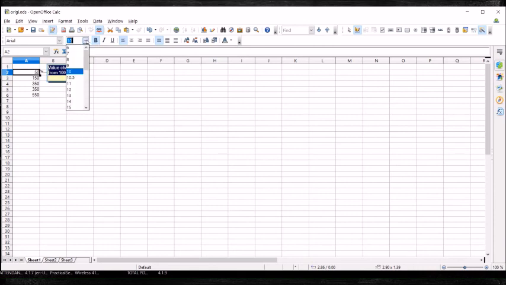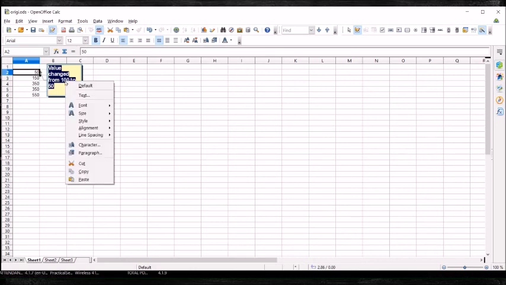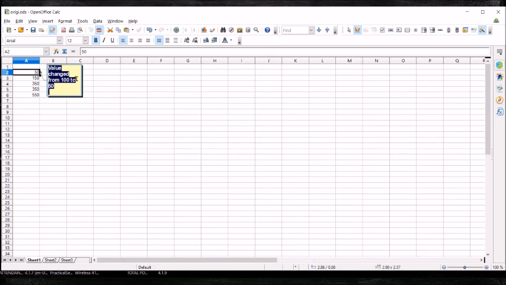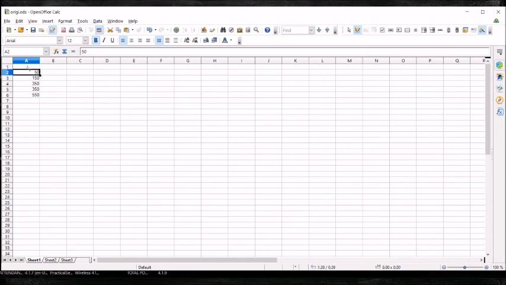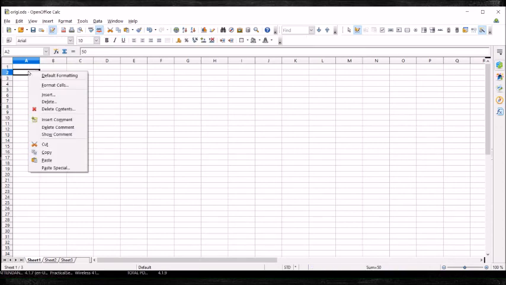Suppose from 10 I make it 12. I can do the formatting in this comment also. And if I want to remove this comment, then I'll right click here, and I can delete this comment.